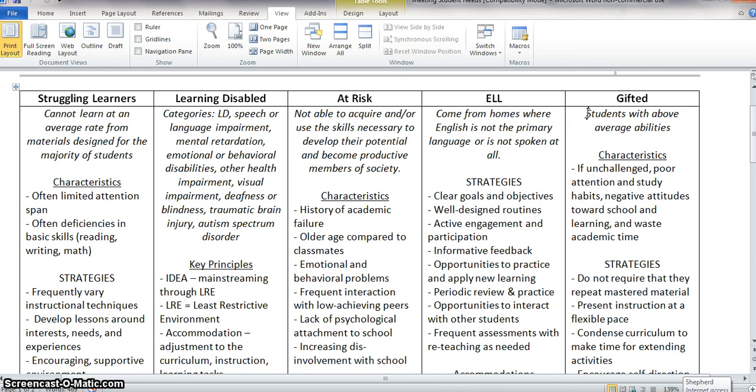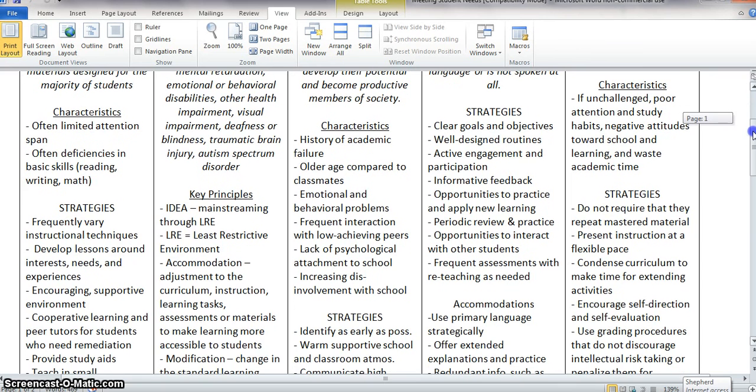But unfortunately, sometimes they're ignored because we think, hey, they're not a problem. But it should be our desire for all students in our classroom to be learning. So we should be providing them with opportunities to do that. One of the reasons that it's very important to meet the needs of gifted students is because if they are unchallenged, if we continue to ignore them and think they're okay in the back of the classroom because they get good grades, they begin to think that they're just,